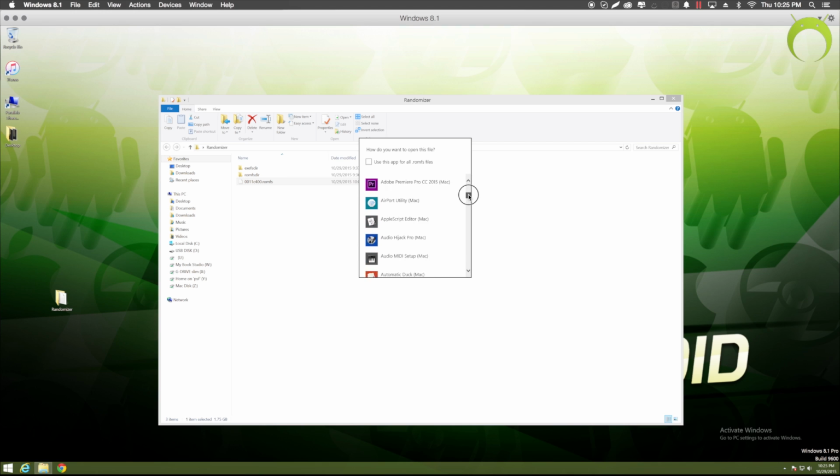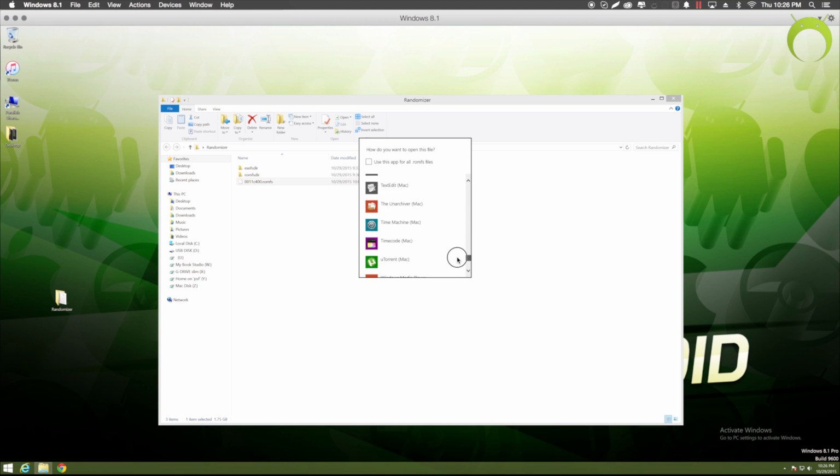So I'm on Windows 10. It may be different depending on your Windows version, but if you're on Windows 10, then you're just going to scroll down and look for the hex editor application. If it doesn't happen to be there for you, then just scroll all the way to the bottom of the list and it'll say look for more applications, and it'll take you to your applications folder. However, I kind of did this a weird way.